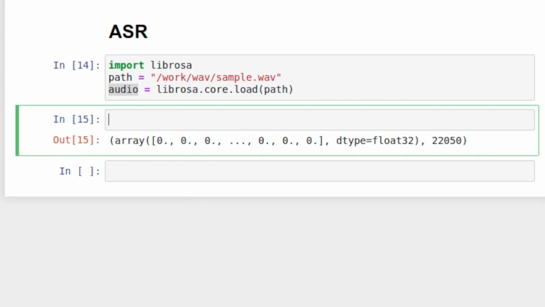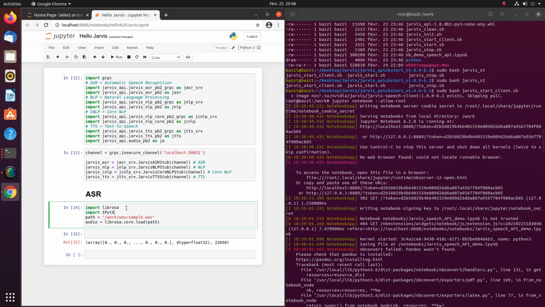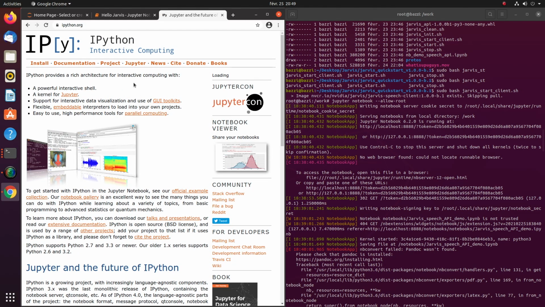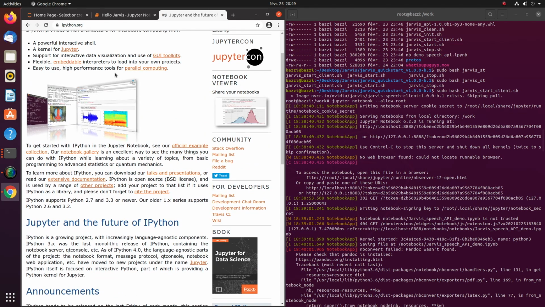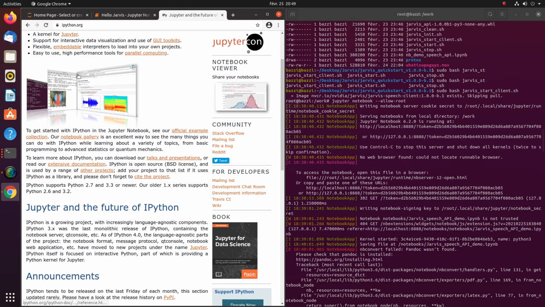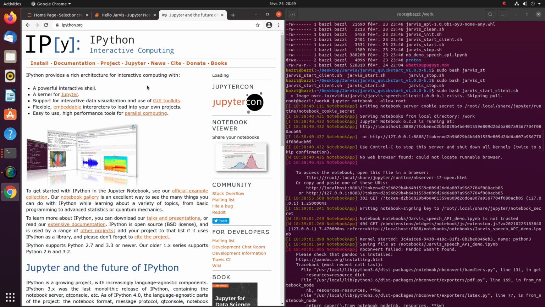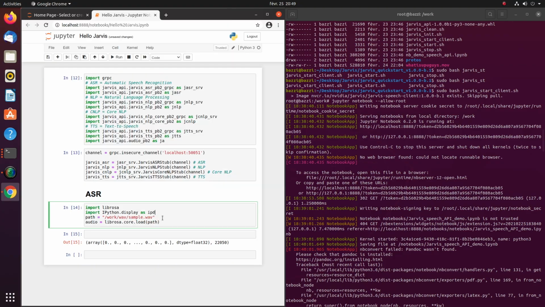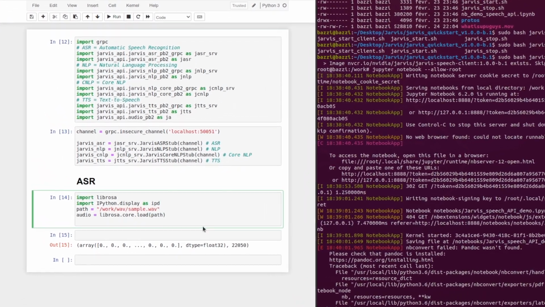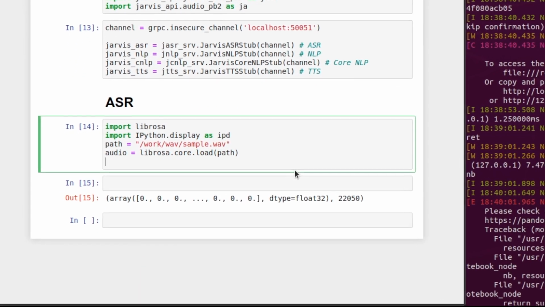And a really nice way to verify the content of your audio is to use IPython, and in particular the display submodule of IPython. IPython is a Python module which contains a lot of functionalities that have to do with interactive computing. So in case you've got a lot of figures, graphical user interface, audio, speech, then this package will be very, very useful to you. And I'll show you what I'll be using exactly. I'll be using the IPD, which gives me a nice GUI, a graphical user interface, to play